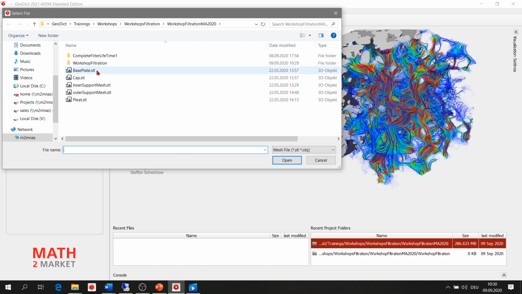You can move these STL files into the folder that you defined, and then you can select all these STL files, which are the different separate parts of the filter. As you can see, the base plate, cap, inner support mesh, outer support mesh, and the pleat. And you select them all and open them together.